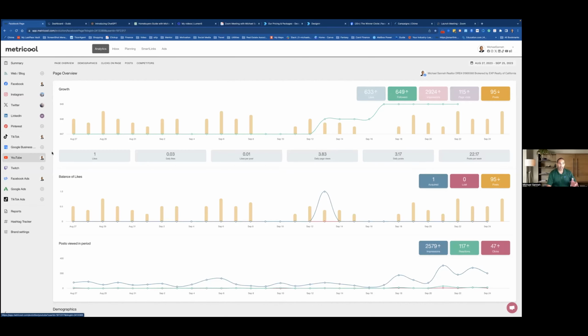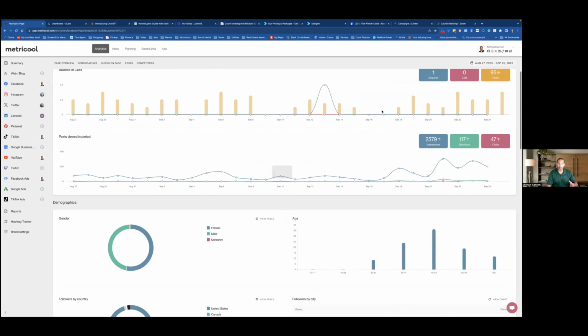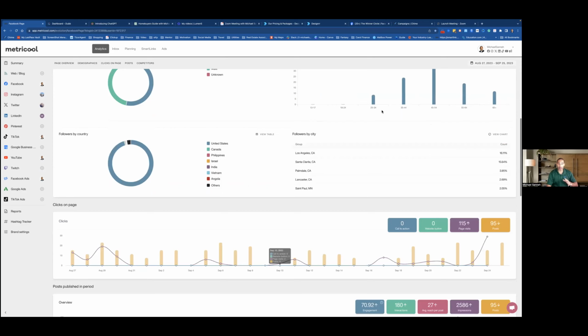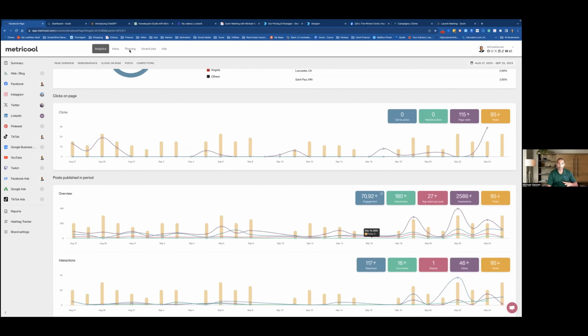LinkedIn, TikTok, YouTube, Google Business Page, and you can track what's going on with the posts that you have. As you post them, it's tracking, it tells you the engagement, it lets you see your followers growing, and it gives you demographics for everyone. So you're able to follow, track, and see where things are going and what's working.